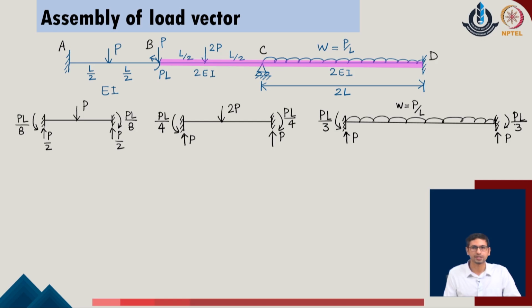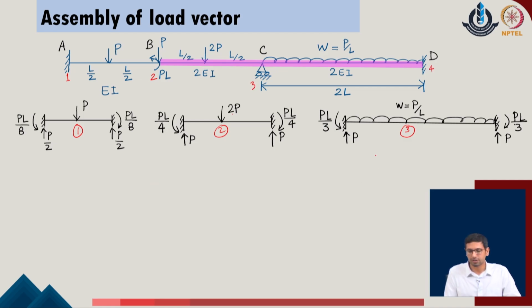We have already shown this example earlier. In the given problem, we have considered that this is member 1, this is member 2 and this is member 3. Corresponding to each of the members, we have identified that they are subjected to some end forces which are located on the given system. At the same time, there are some joint forces which are also active. If you remember the numbering of the joints, we have defined that these are joints 1 to 4 in the given problem.